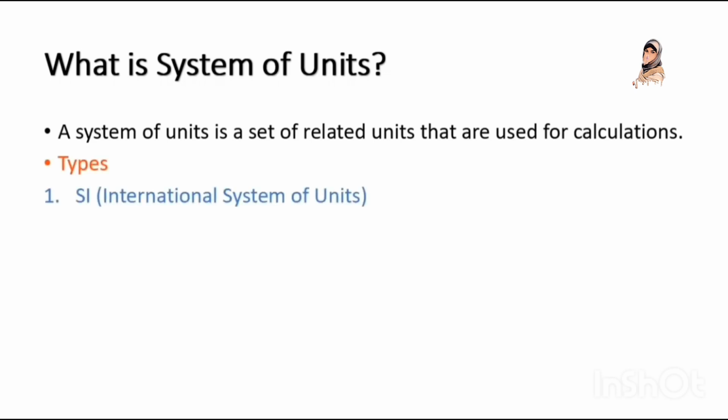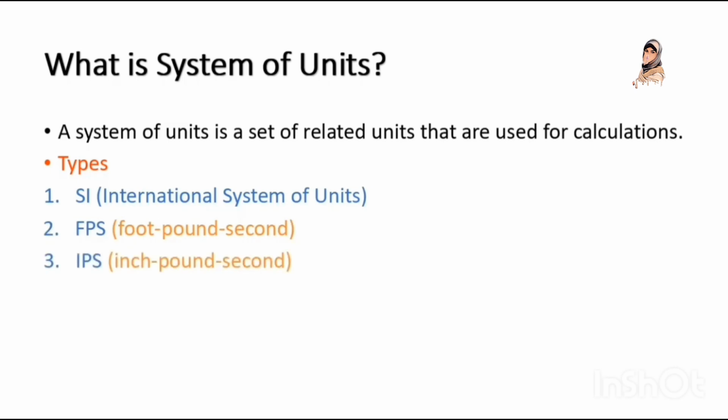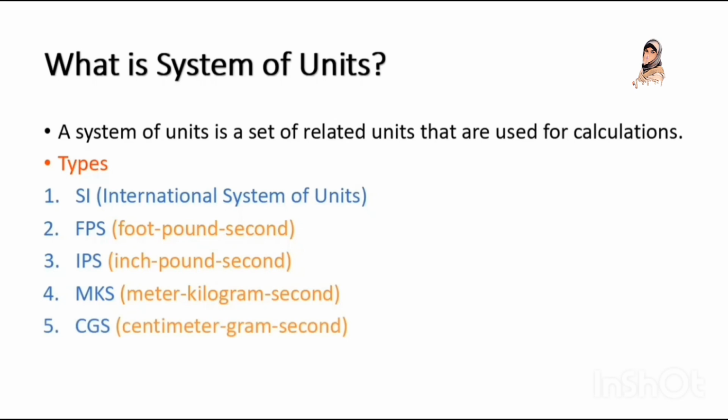There are 5 types of system of units, like SI, Système International or International System of Units. FPS System of Units stands for foot pound second. IPS System of Units stands for inch pound second. MKS System of Units stands for meter kilogram second. And CGS System of Units stands for centimeter gram second. So these are 5 types of system of units, but in this video we will discuss the International System of